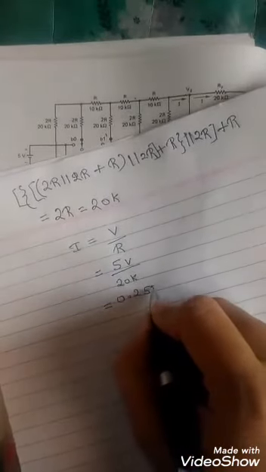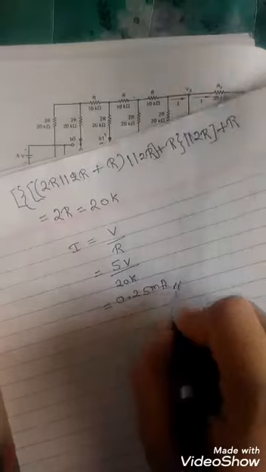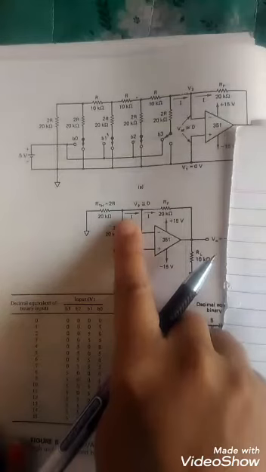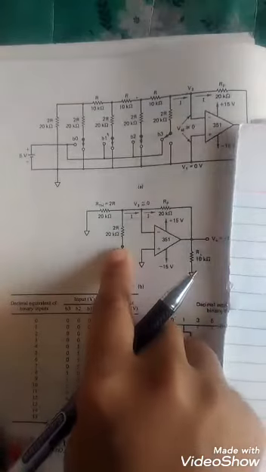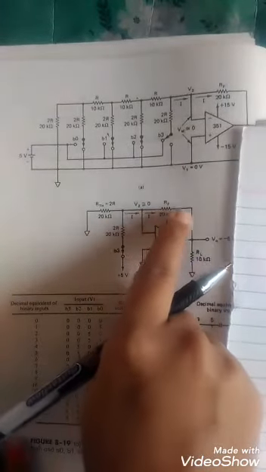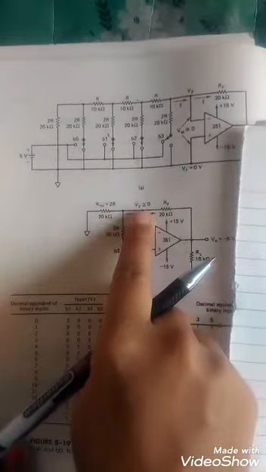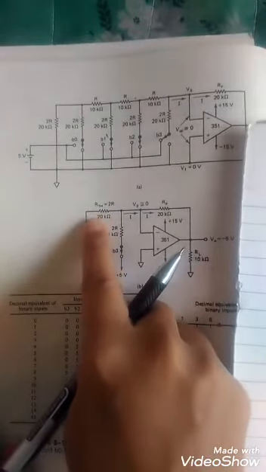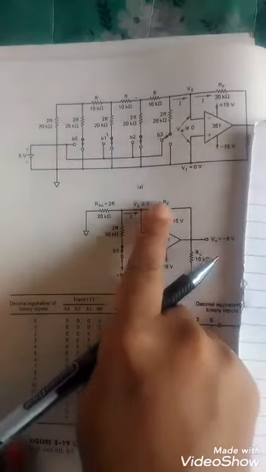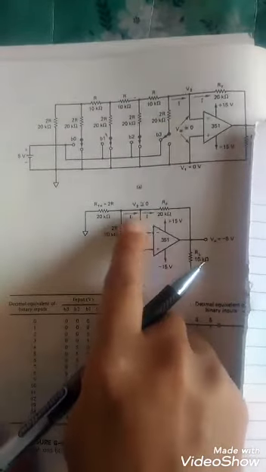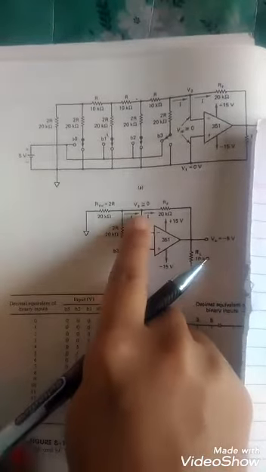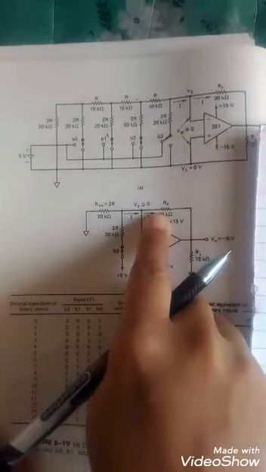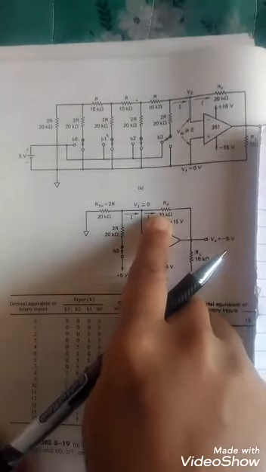0.25 milliamperes. This is the current. What is there through this 2R resistor? If the current flowing through this part is 0.25 milliamperes, the same will flow through this, right? No, because the voltage at this point is 0 and the current flowing through this part is again 0. The only current that can flow through RF is what? Current I. What is this value? 0.25 milliamperes. Okay, then the current flowing through RF is also 0.25 milliamperes.